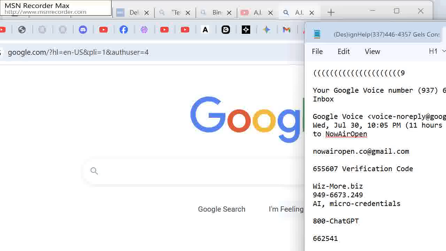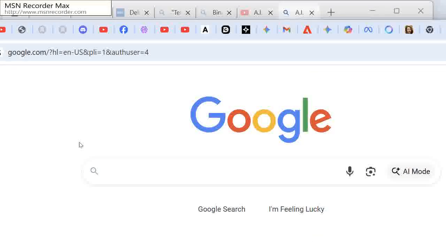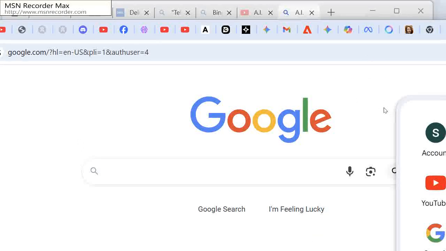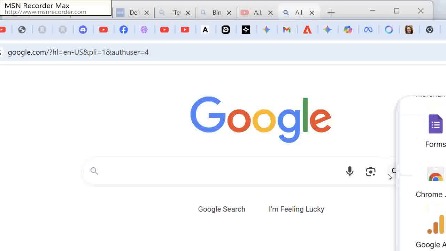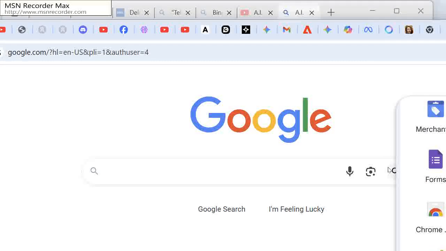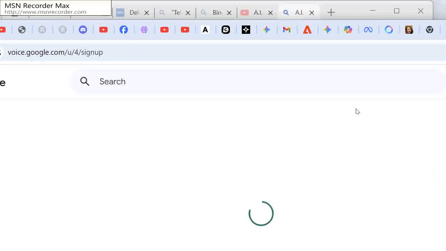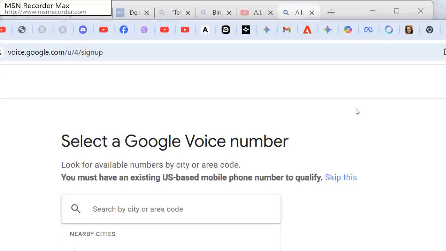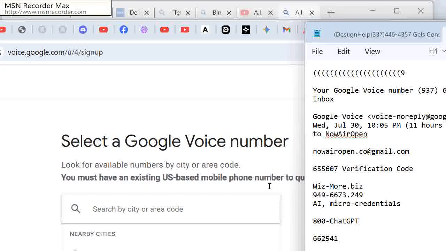So it said in DRA Rush you get a security alert for now airopen.co. Let me see. One with .co and one with no .co. No, this is the wrong one. That doesn't have a phone number on it. So this is now airopen.co, the new Windows sign in you did. Okay. So this one,